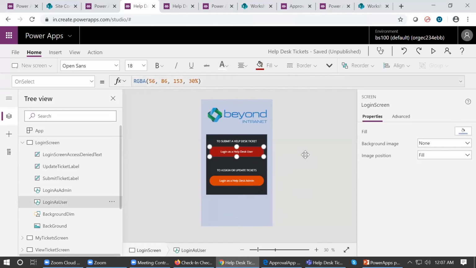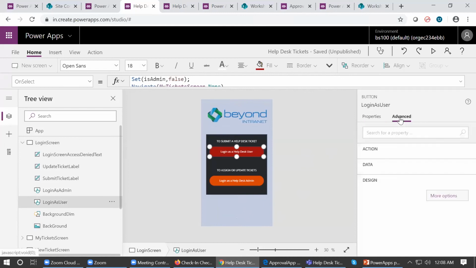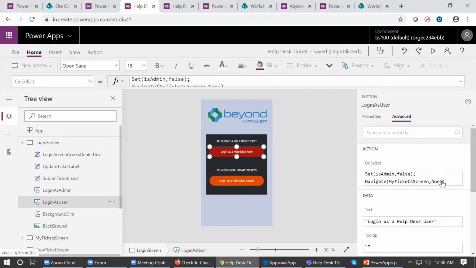When I click on the button, on the right hand side, it showcases the property, and in the advanced tab it showcases the actions taken on the button. So here you can see, when I click on the button, this action will execute. So on select, this particular action will execute.